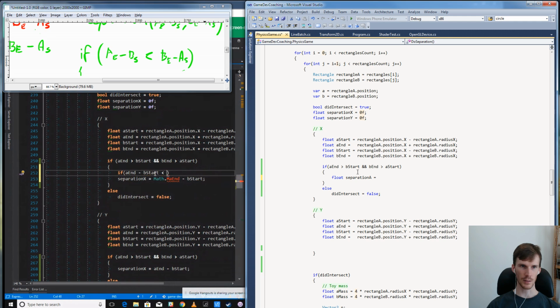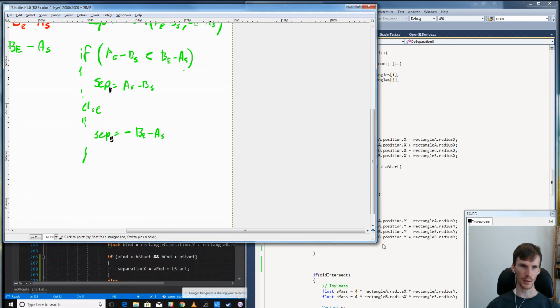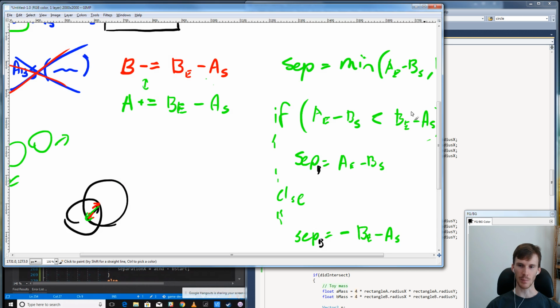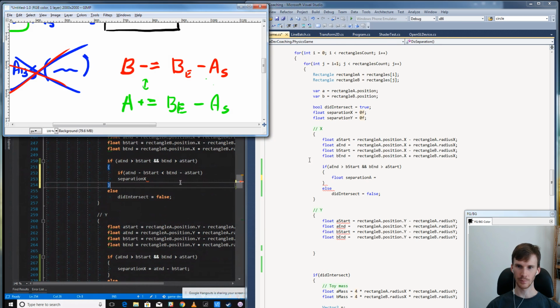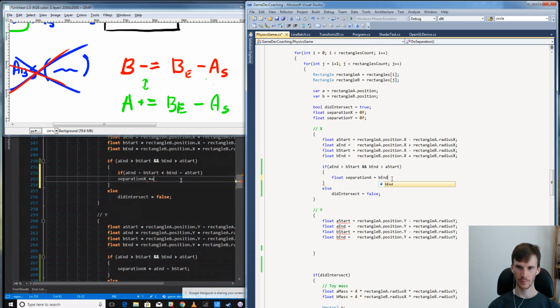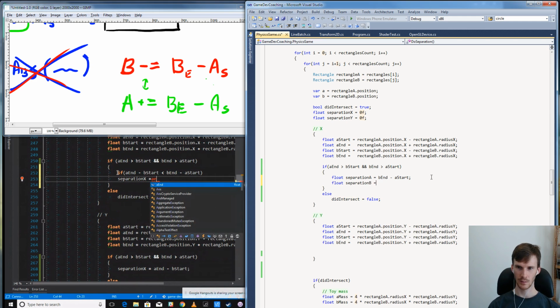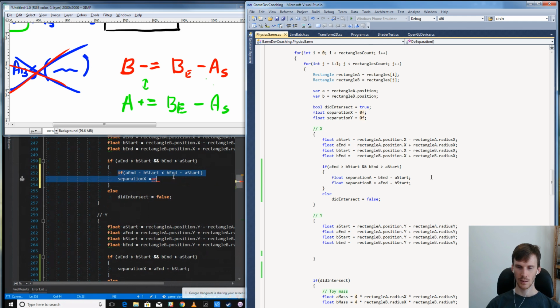A is, so to separate A, now I've got to make the diagram bigger again. So separating A was B end minus A start. So that clears out this part. Okay, I'll just follow you. Okay, so